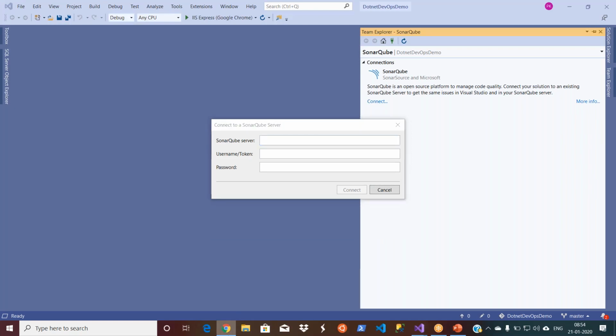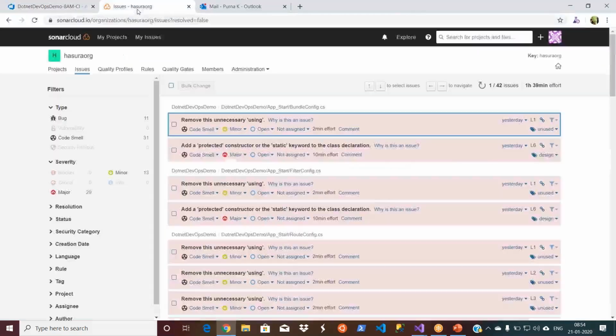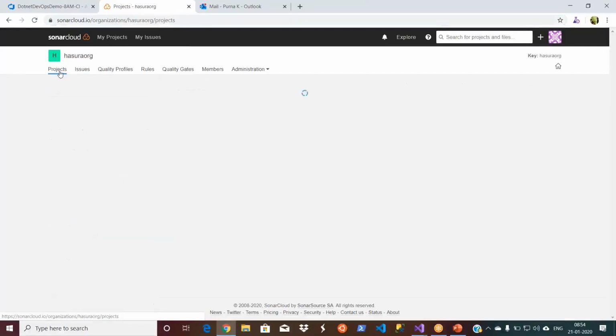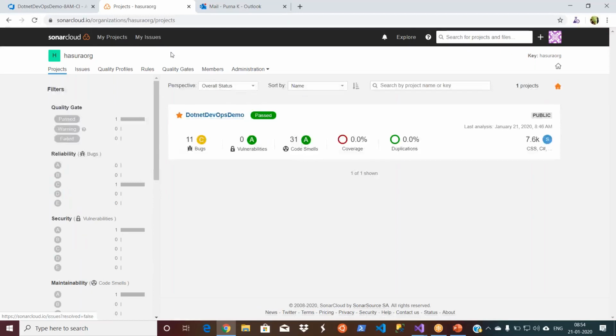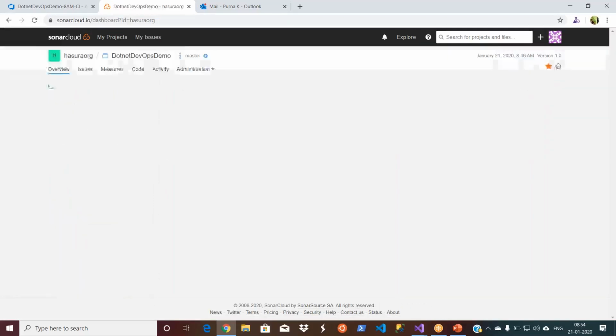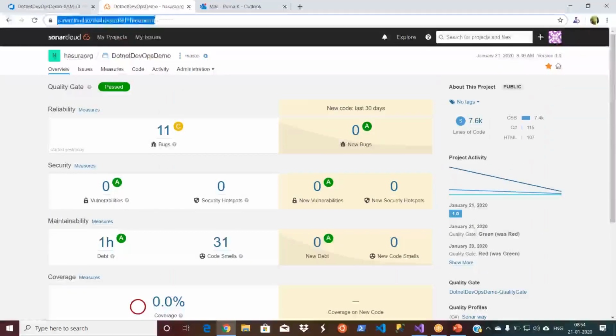So my URL is, go to the projects. First I'll give the root one. I don't remember till what path I have to give. First we'll give the root and then we'll figure out.